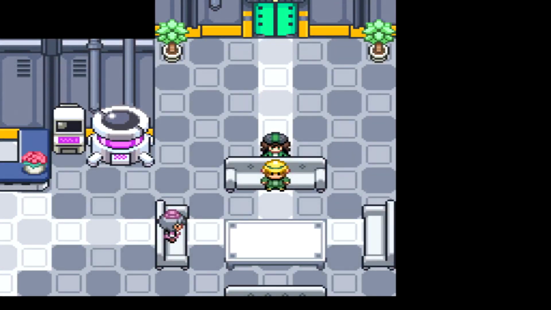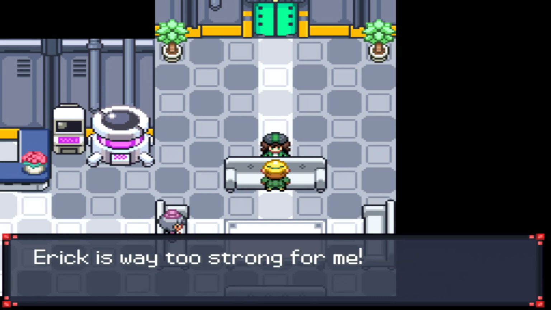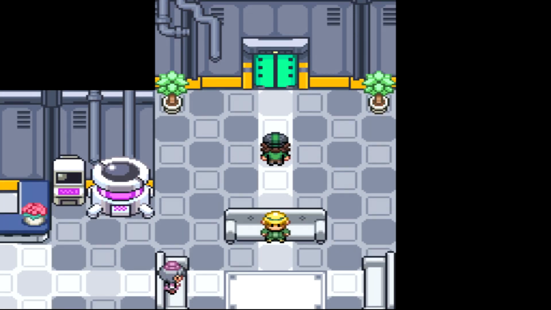But you definitely want to have trained up your team because we're about to go into a pretty tough battle. So I'm going to go ahead and save right here. I didn't mean to talk to this guy. But anyways, if we make our way to move towards this elevator,